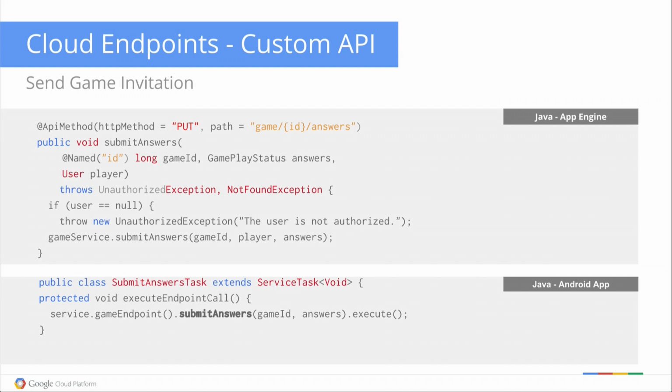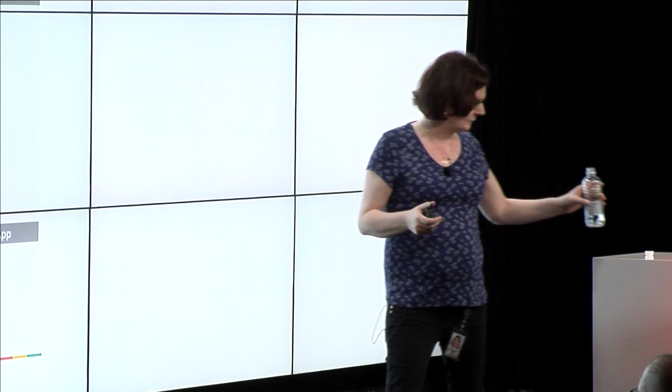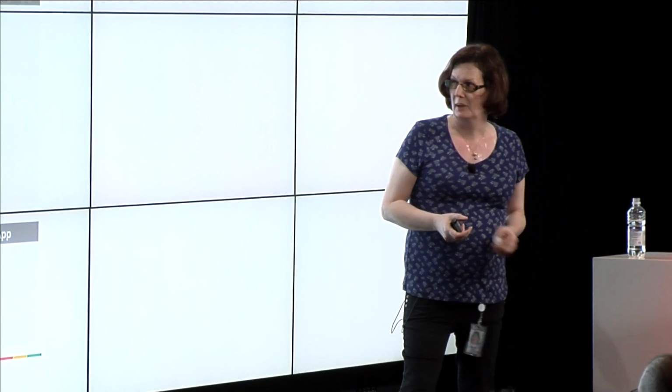Some of these things can be inferred by the runtime. If we call this method insert answer or something like that, then we could infer that that would be a put. So get answers would also be inferred to be a get method. But we can specifically say this in the annotation. It has very, very standard defaults that it works with. You can also specify the path. Again, that can also be inferred by the class name, by the method name. In this case, the path is game/ID.